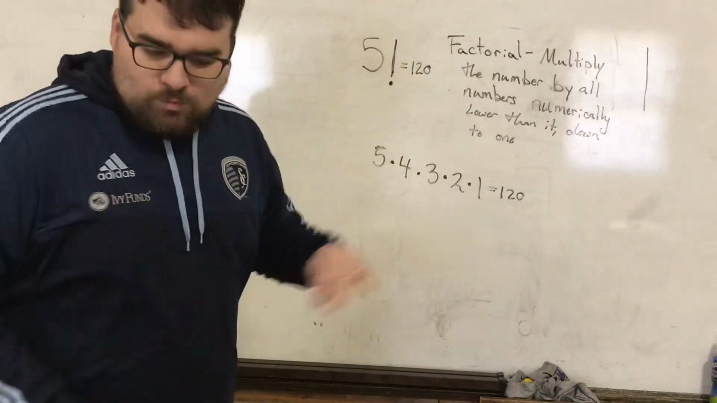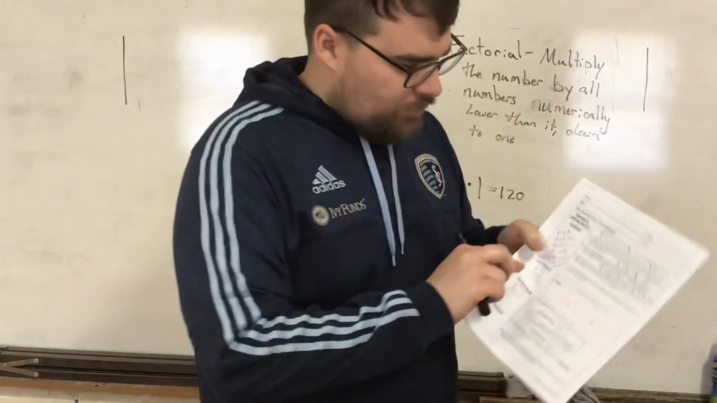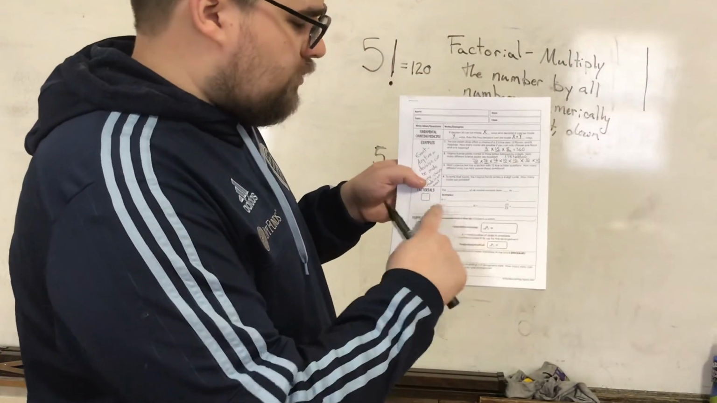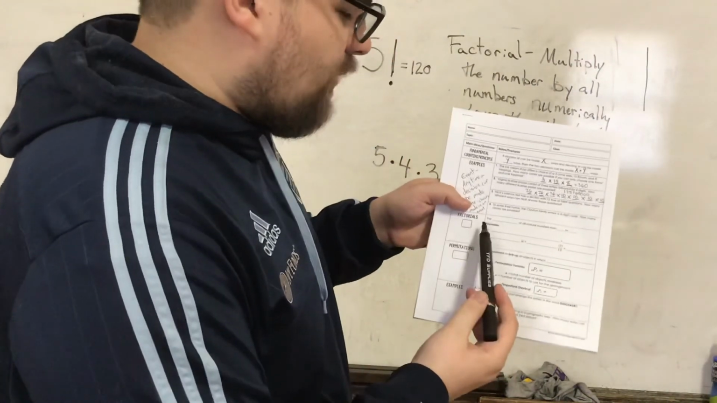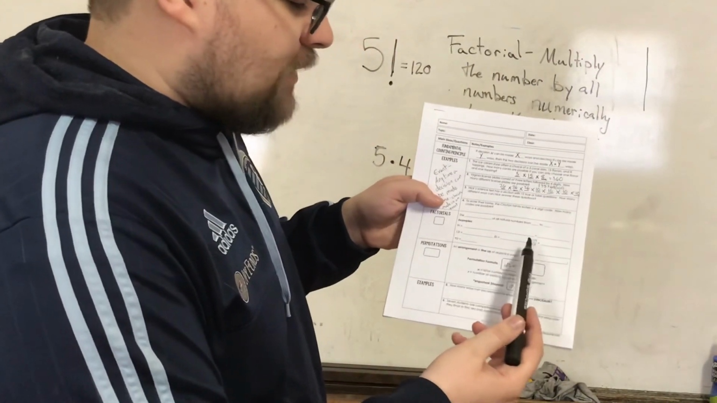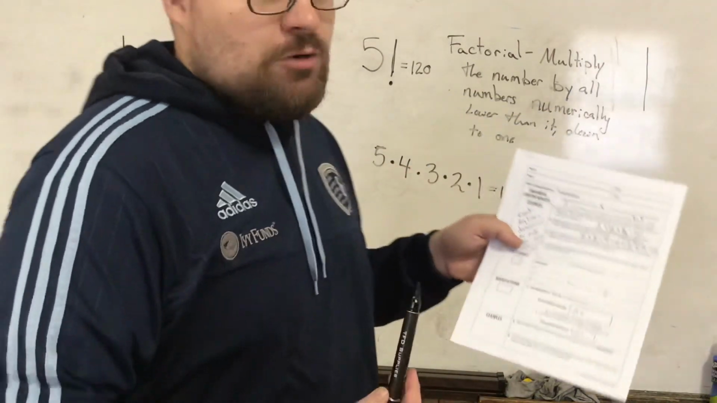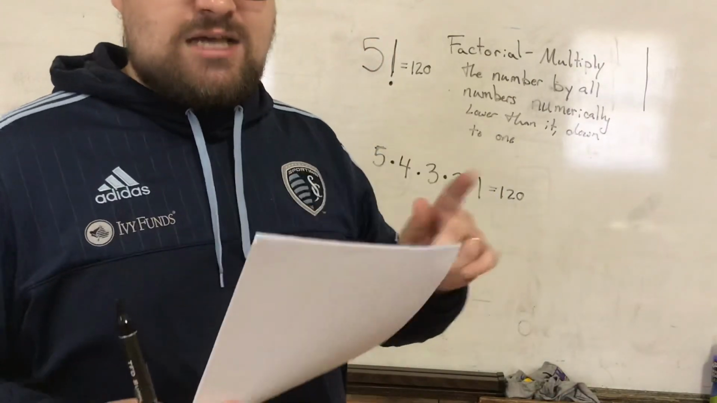So what I want you guys to try out on this worksheet right here, I guess they're just examples. They're not really numbered. But we have 9 factorial, 12 factorial, 8 factorial, 17 factorial over 11 factorial, and 0 factorial. I want you guys to solve all of those, see how that goes,